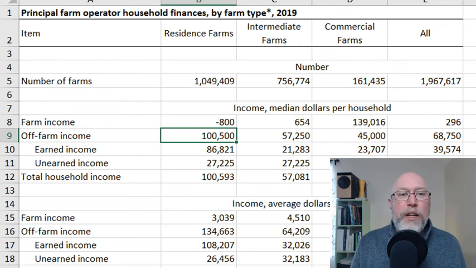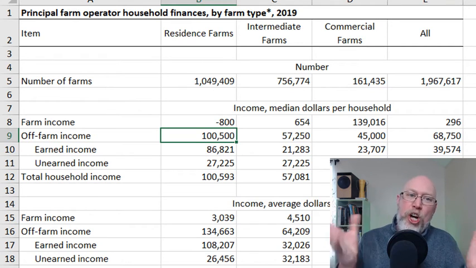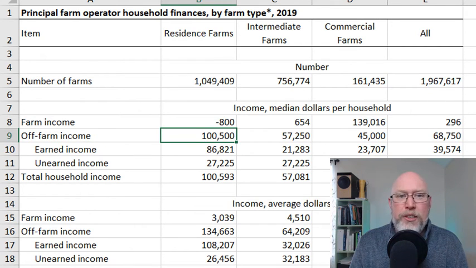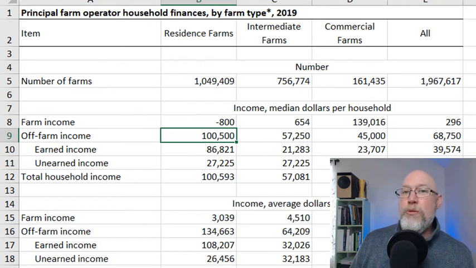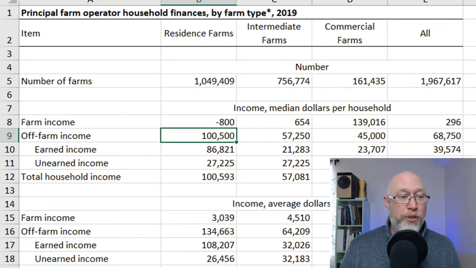Now, there's two types of incomes according to the IRS. There's earned and unearned. I don't like that distinction because it gives this impression you didn't work for it. Unearned income is income from investments. Earned income is income from working a job or running a business. I mean, you earned your income if you put it in an investment. That's still earned in my book, but that's not how they classify it.